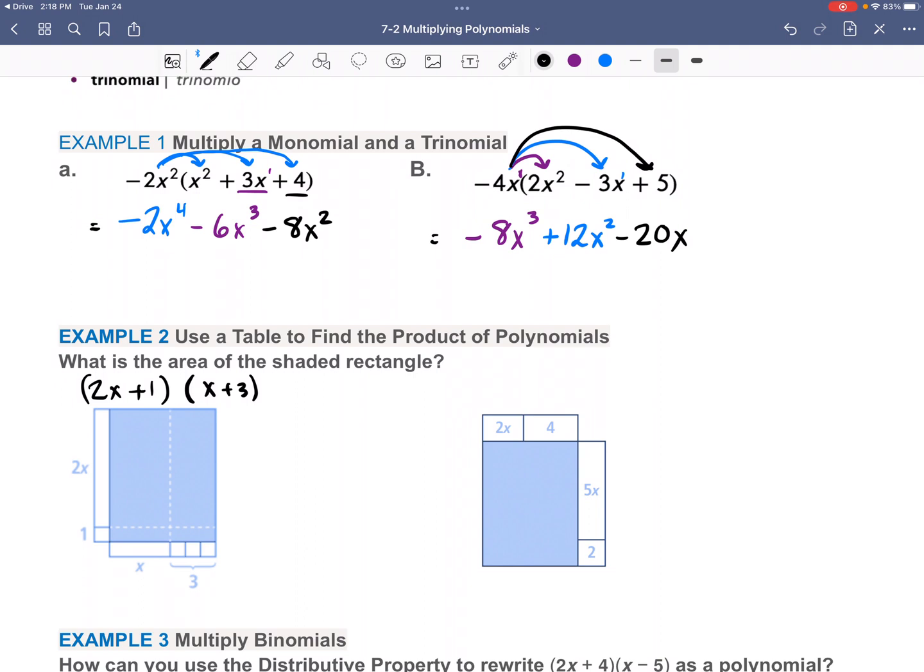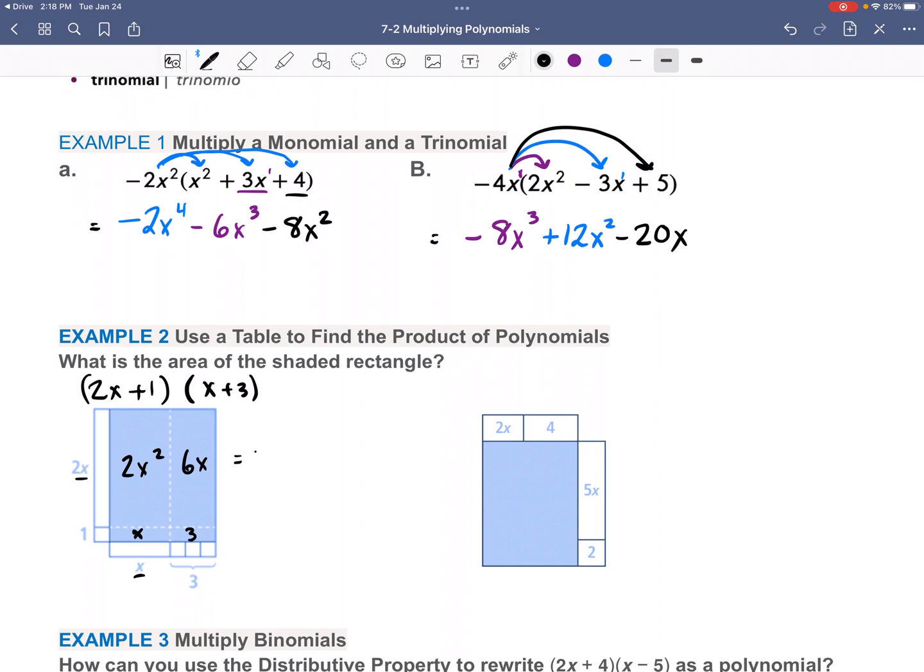And this means that we're multiplying 2x times x. So in here we would write 2x squared. Down here we're multiplying 1 times x, so that's just x. 1 times 3 is 3. And 2x times 3 is 6x. So then we would just write that all together